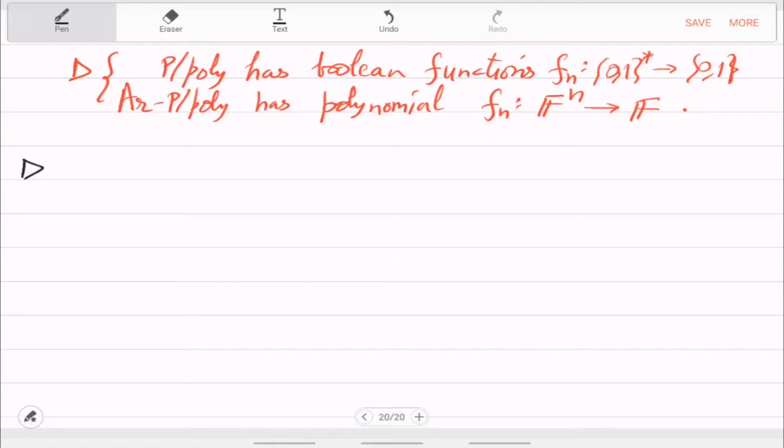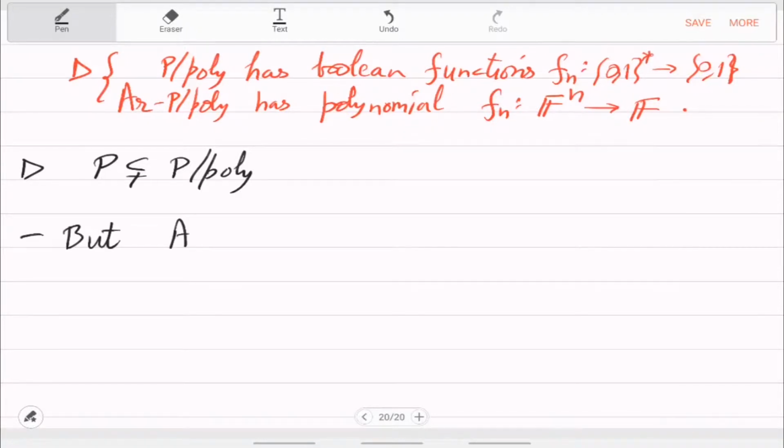And it is easy to see that P is contained in P/poly, and also that P is strictly smaller. You can show this as an exercise, because any algorithm is a Turing machine which you can simulate as a Boolean circuit, but not the other way. You can do it in poly time versus poly size. So P is contained in P/poly strictly,